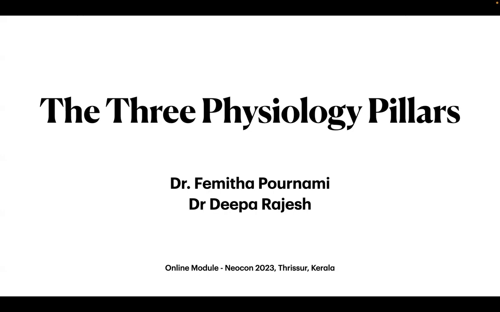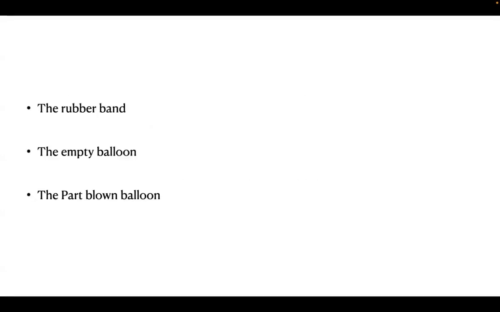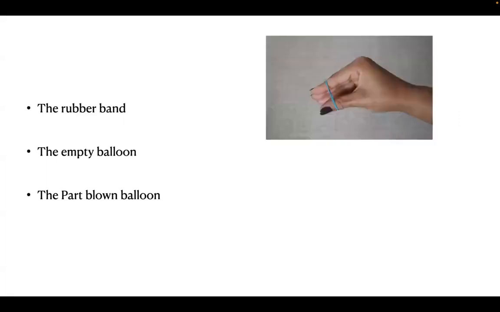So let's start with something that we all are familiar with: a structure, that is a rubber band. If you were to stretch it or apply a certain force or pressure on it, then it would move from its original structure or shape to some other shape. Similarly, if you look at a three-dimensional structure like the balloon, then if you were to apply a particular force or pressure on its mouth with your mouth, then you would inflate it from a state of collapsed configuration into